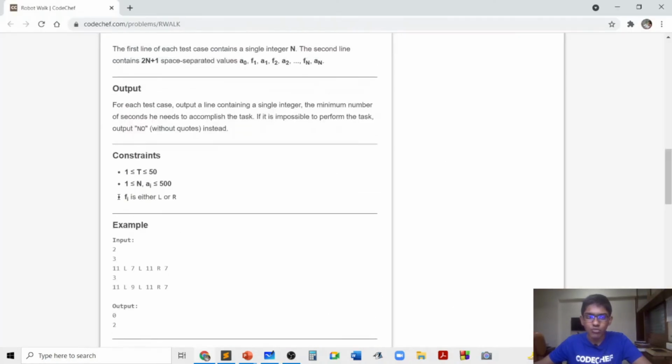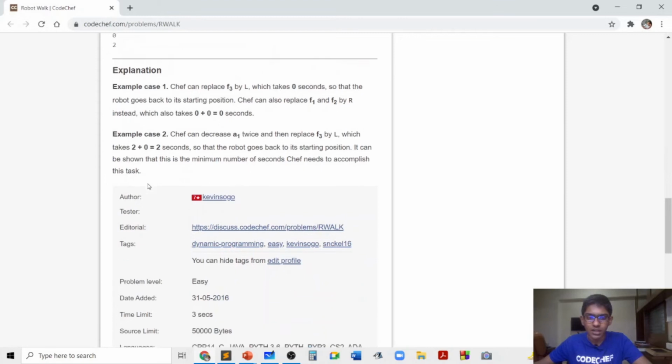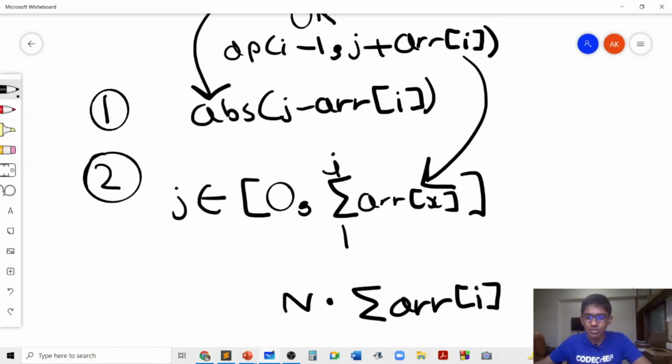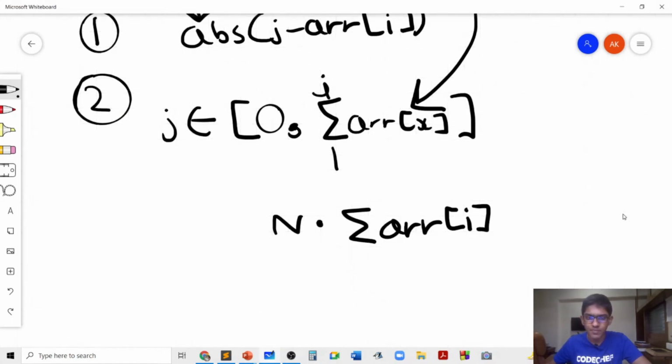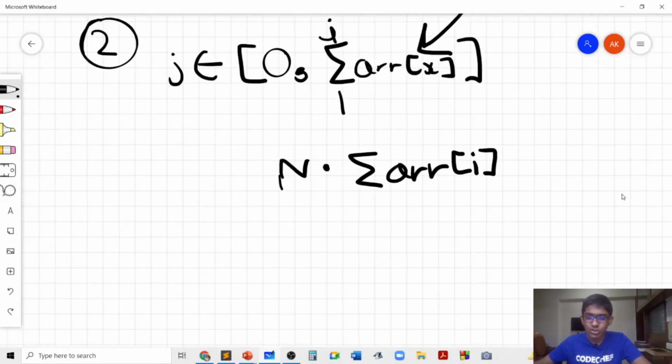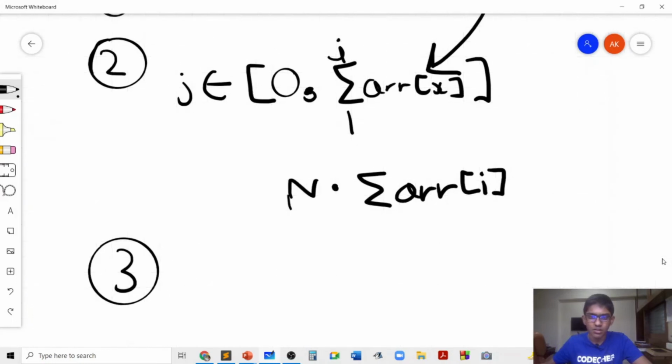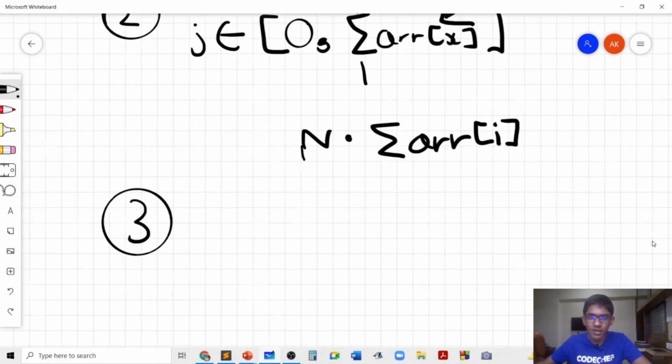So 500 cube obviously won't work in 3 seconds, considering that there can be 50 test cases. So that's why we actually need to do this optimization, which is computing the dp values only for these bounded elements. And there's actually a third optimization which relates closely to this time complexity. So we should extend this logic of computing dp[i][j] only for those elements which are equal to the sum of all the array of i